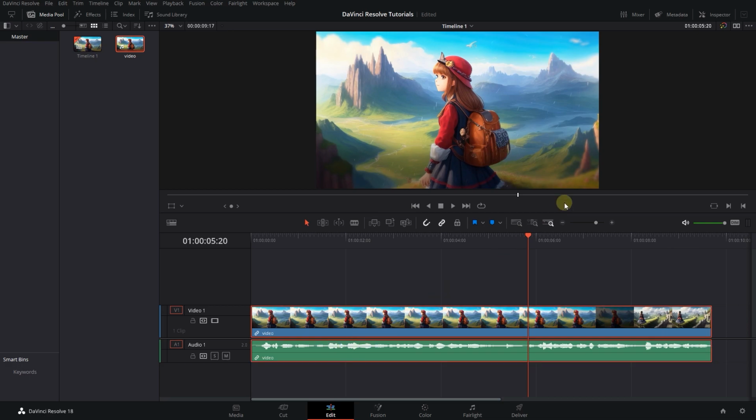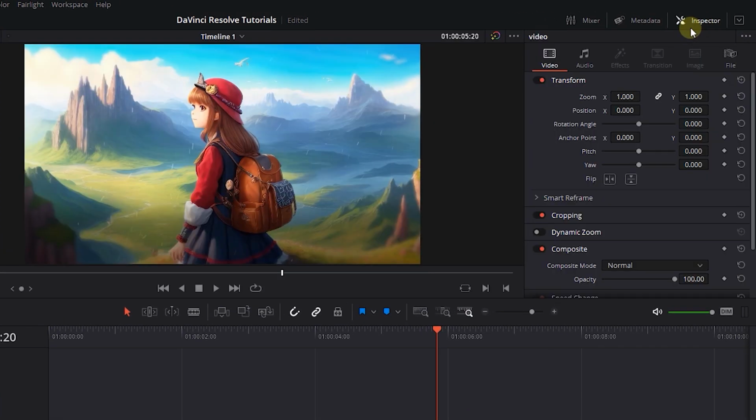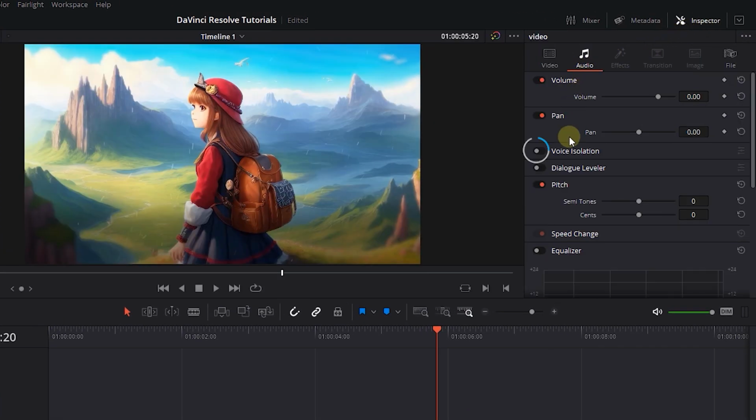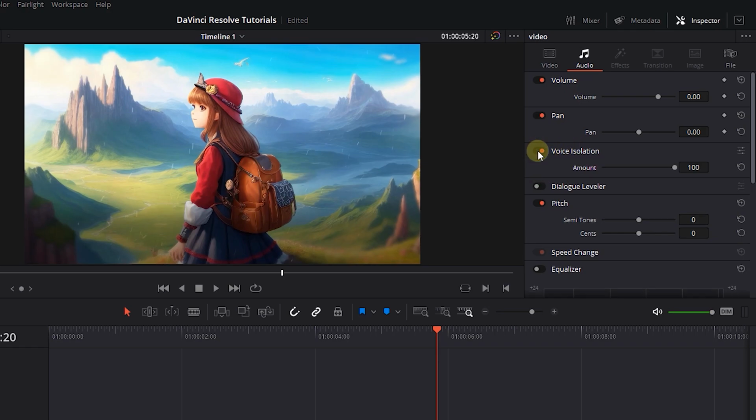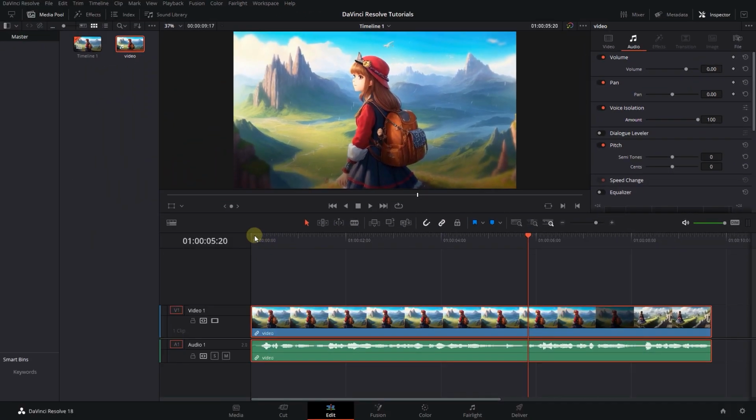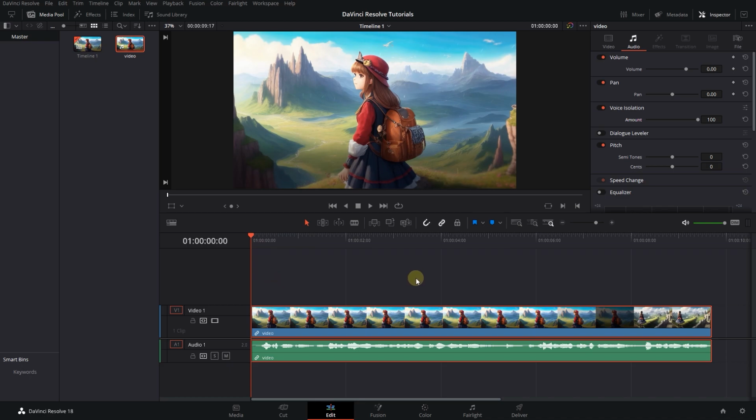Select the audio, open up the inspector panel, and click on the audio tab. Enable voice isolation option. And now the music is removed from the audio, and I can only hear the narrator's